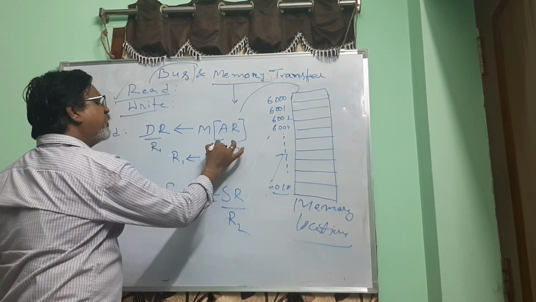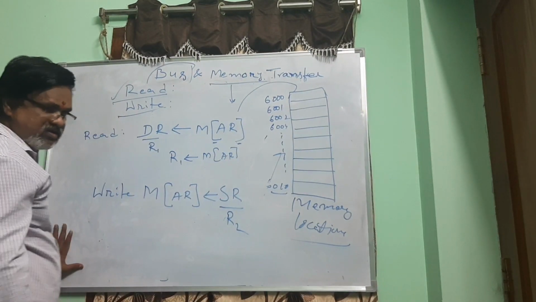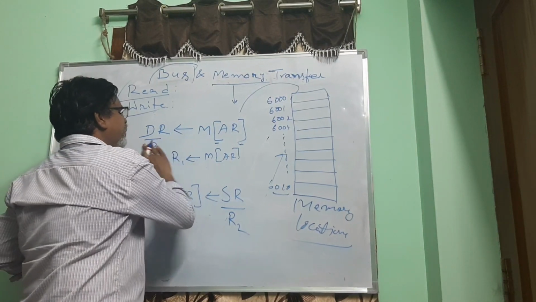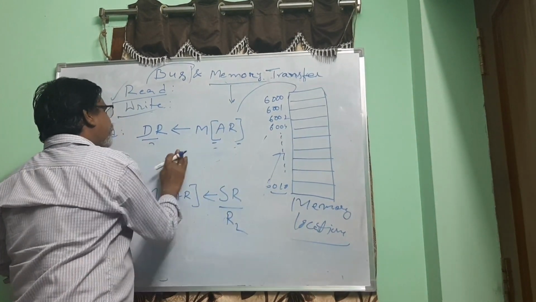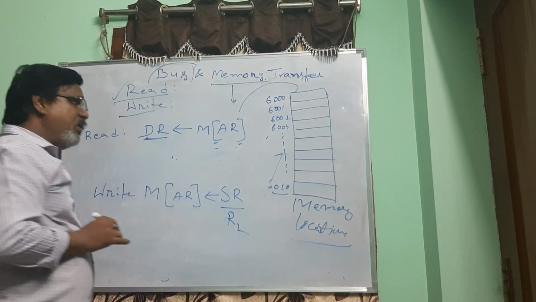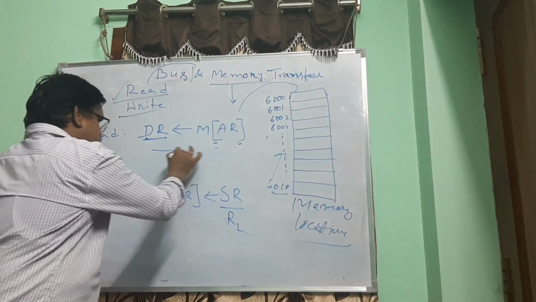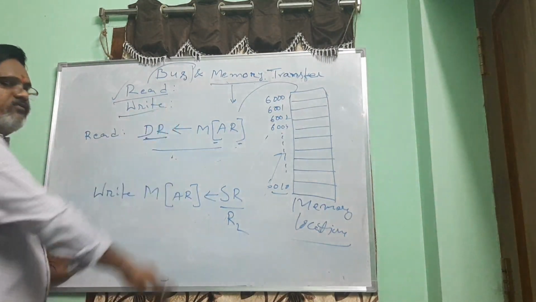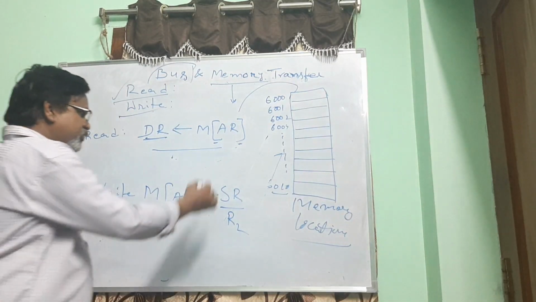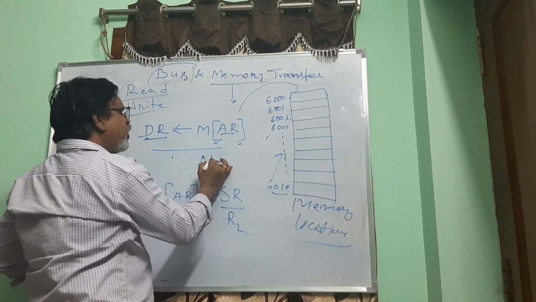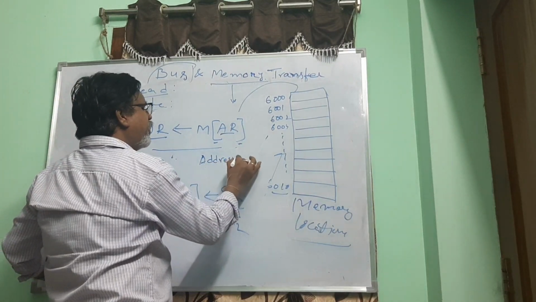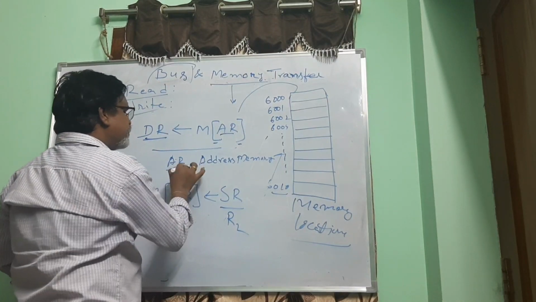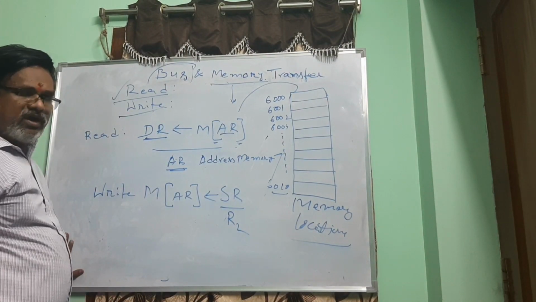So remember, very important here are the square brackets. So what does it mean? What will be there in DR at the end of the execution of that instruction? Very simple. AR always holds the address of the memory. I told you AR stands for address register. This always stores the address of the memory.